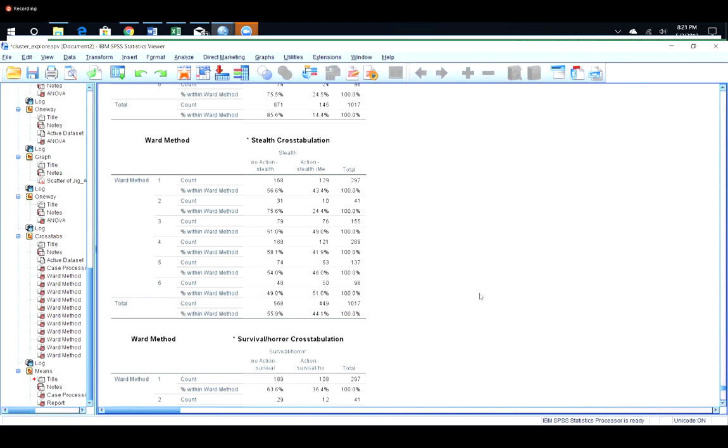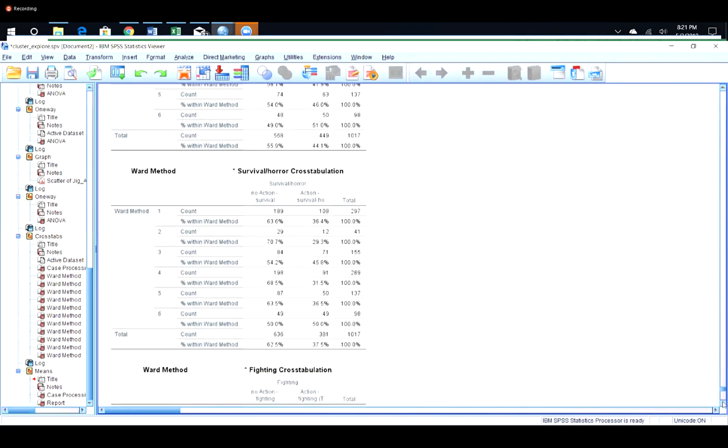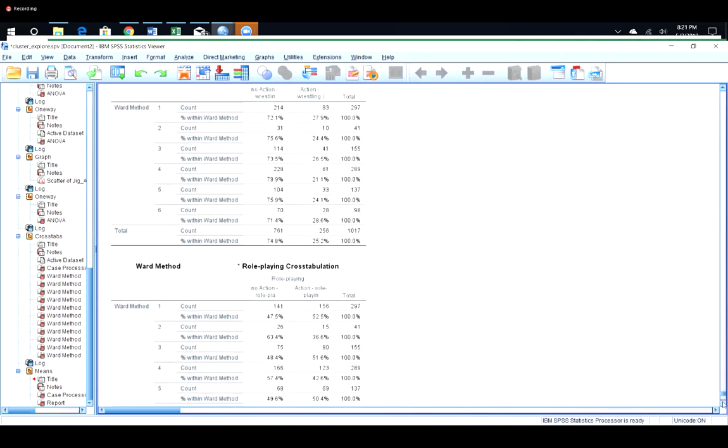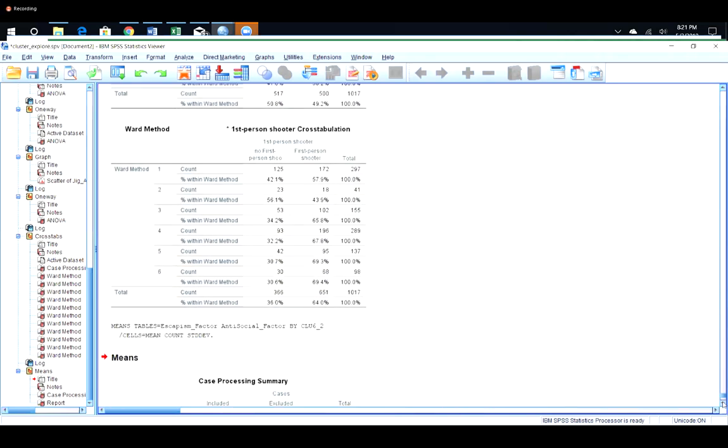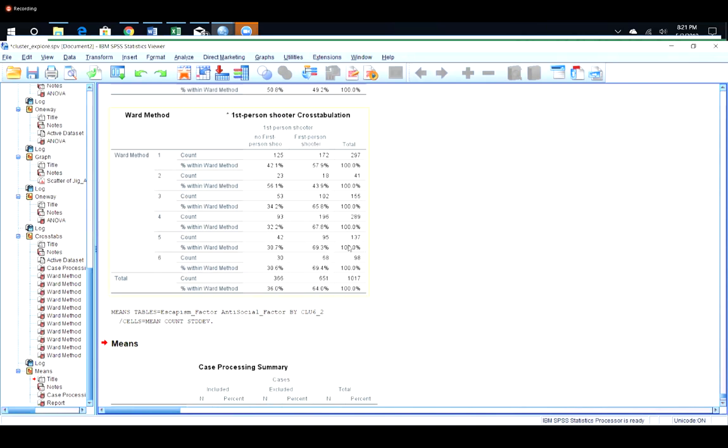One more question. You said that we need to make a recommendation, as far as who plays games and who to target? Exactly. Let me go down to the first person again. It's clear that clusters 3 through 6 all play first-person shooter games at a pretty high rate, and cluster 5 and cluster 6 play at the highest rate. So let's look at